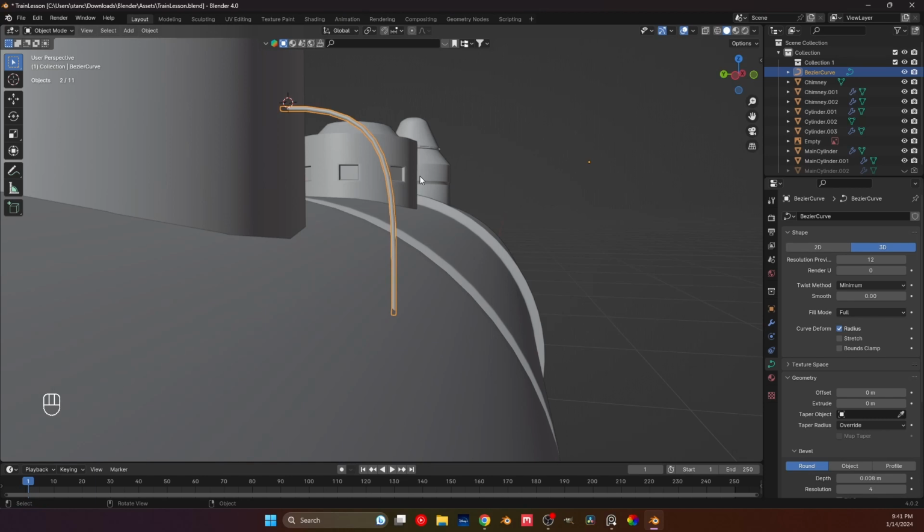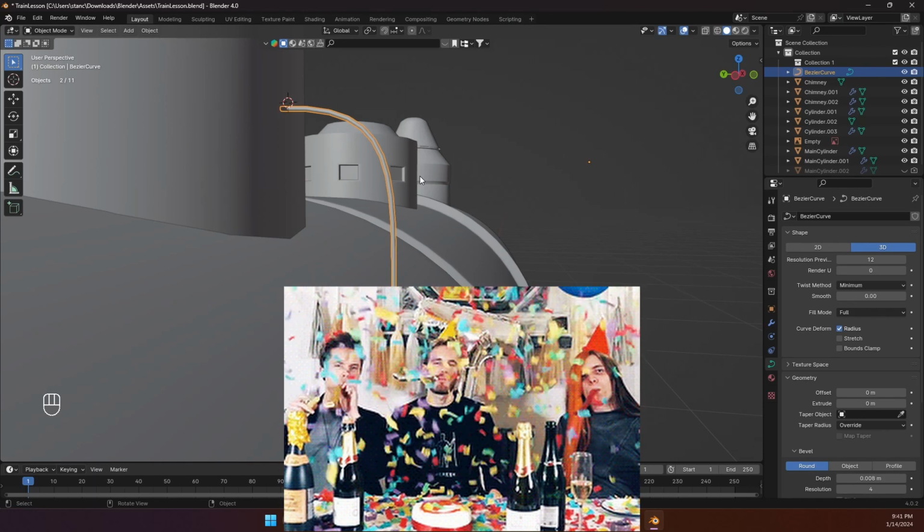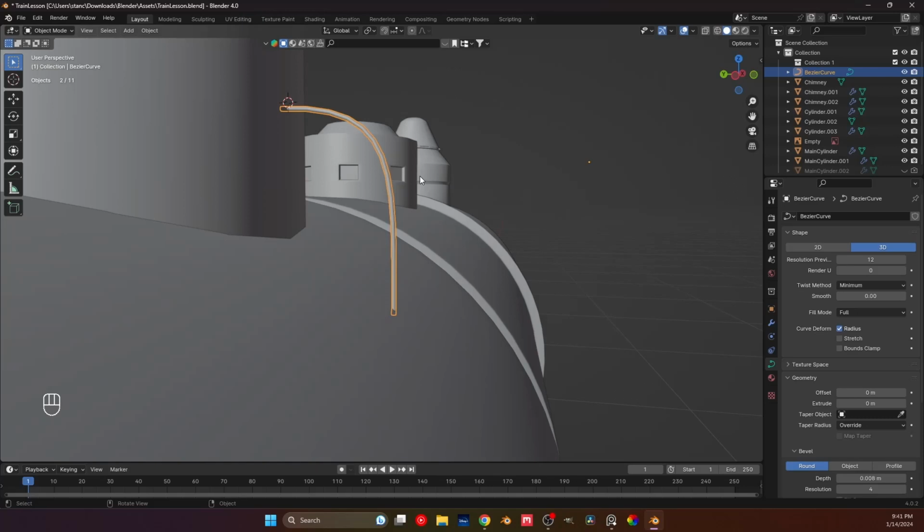The handles, that's what they're called finally. So the handles basically will influence how they bend, and you want to learn how to bend them how you want from